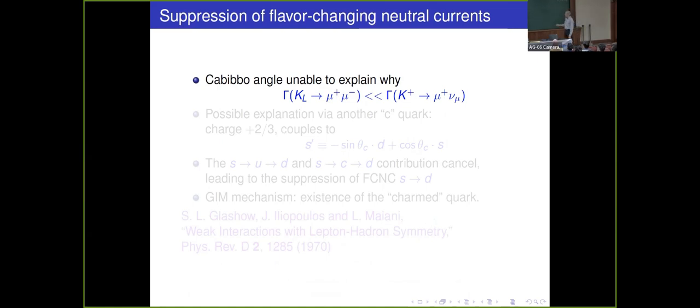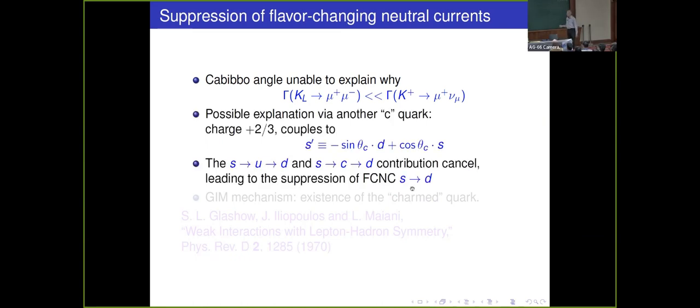So this Cabibbo angle tries to relate decays that involve U quarks and D quarks, and one might see that these two decays seem to be related by simply replacement of a U quark with a D quark. So with some other caveats, one might expect that the decay rates might be very, very similar, but they happen to be different by, I think, more than 8 orders of magnitude. In fact, during that time, KL to mu mu was not even found. Do we have a measurement of KL to mu mu even now? No, right? It is so low that we do not even have a measurement of KL to mu mu even now. So the suggestion was that perhaps there is another